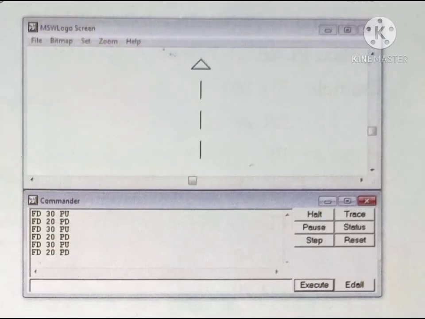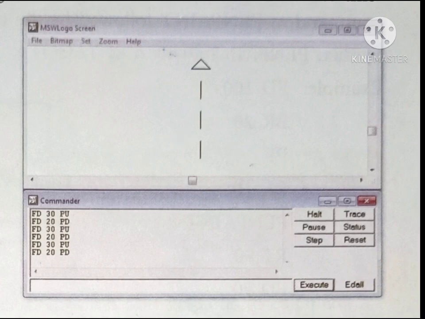See in this figure, when FD 30 PU is applied, it will not draw anything. Then FD 20 PD, a line has been drawn by the turtle. Again FD 30 PU, that means it will not draw anything. Like this the turtle is moving in a forward direction.